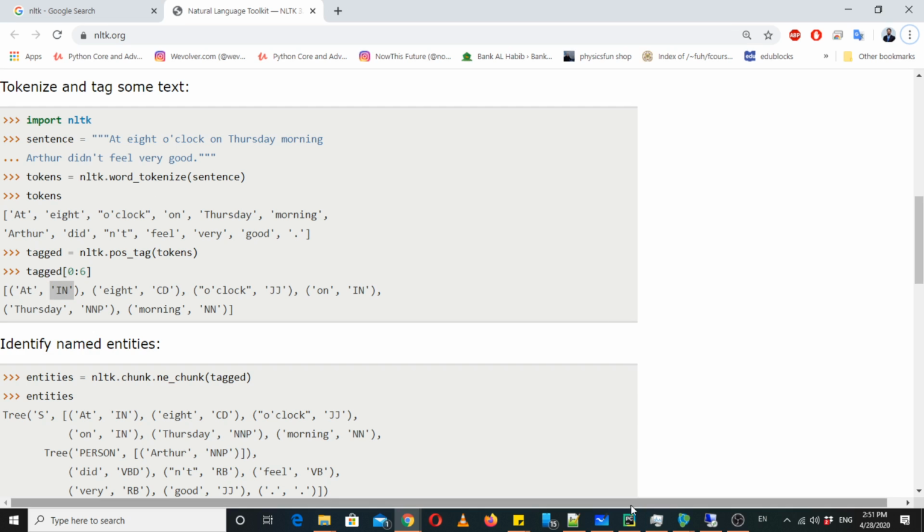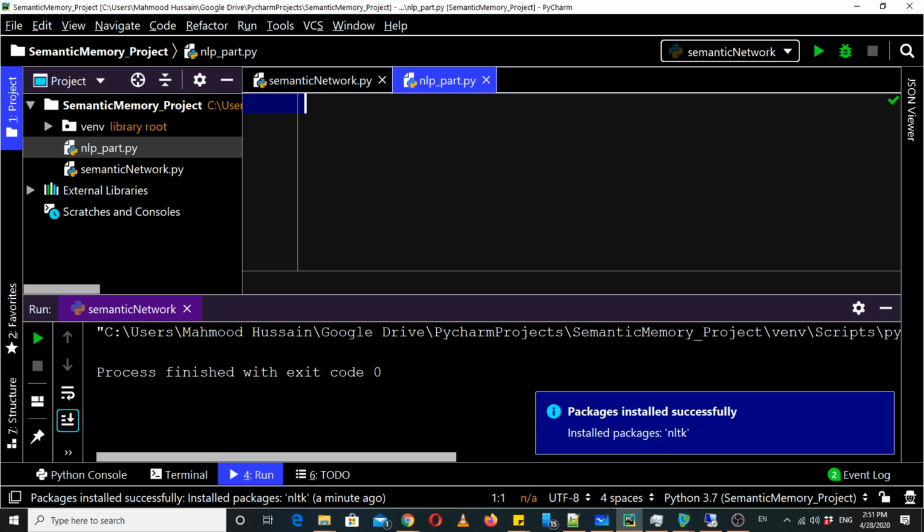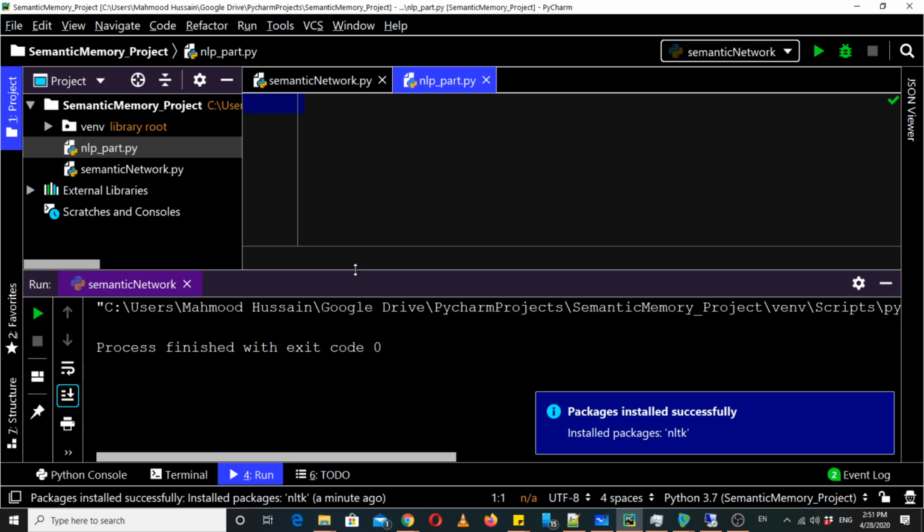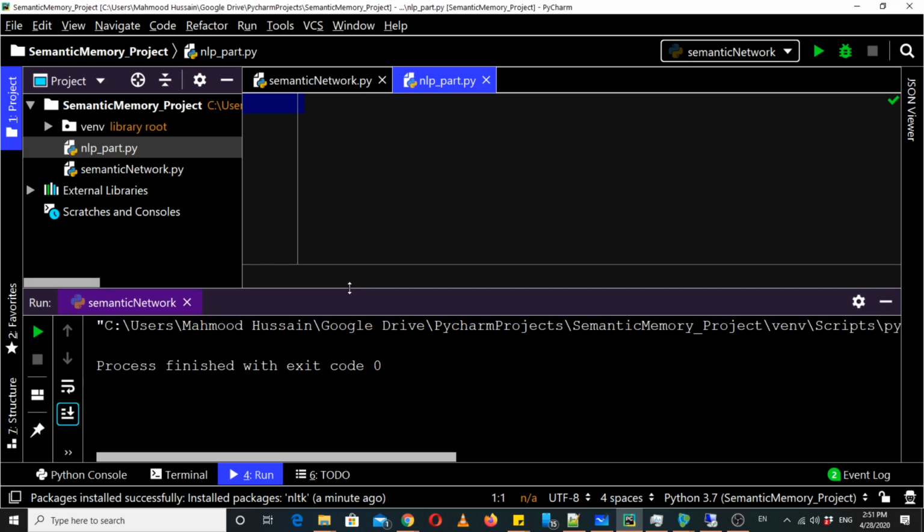So let's see if it's installed, then we can move on. There is one more thing we need to do, but let's see when we use it; there may come some errors, so we can handle them on the go.